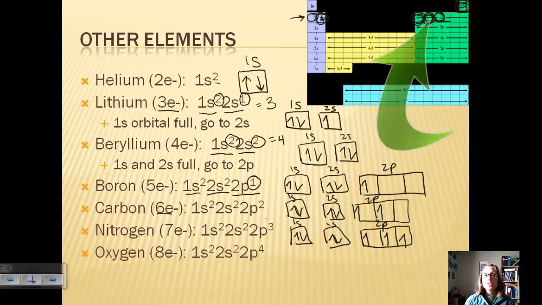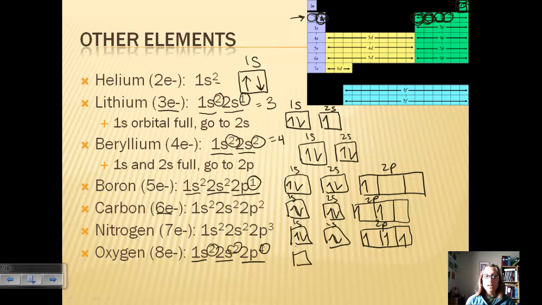Okay, and let's look at oxygen. Again, same thing. We're just moving 1 more over. Okay, 1s2, 2s2, 2p4, because if I added all of these up, I would get 8. Okay, so my 1s looks the same. My 2s looks the same. Now my 2p,